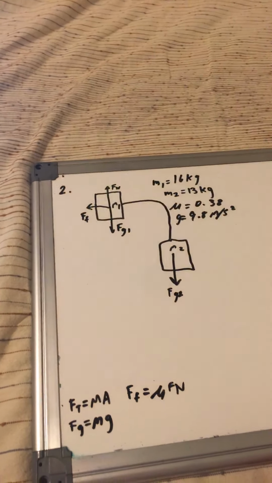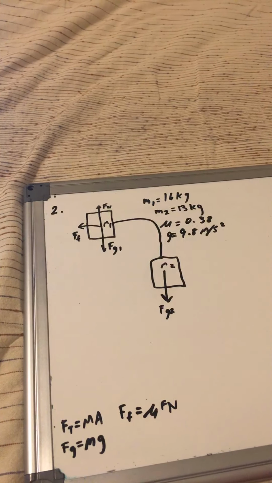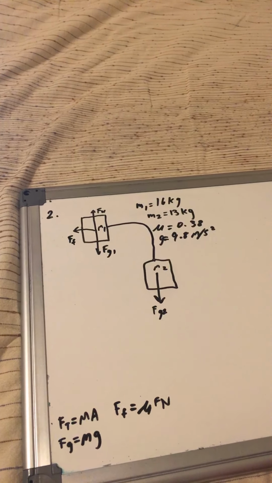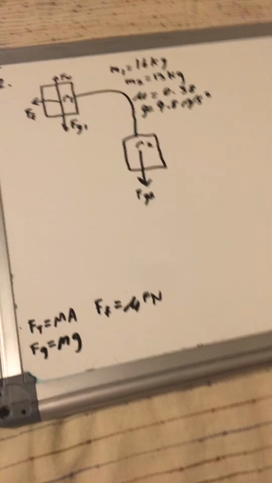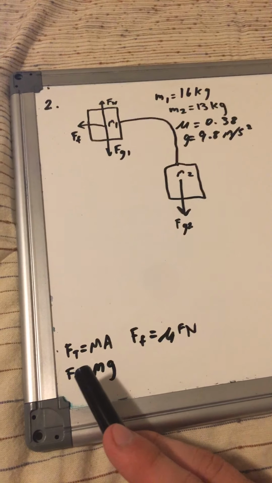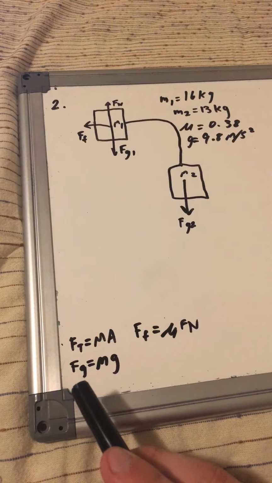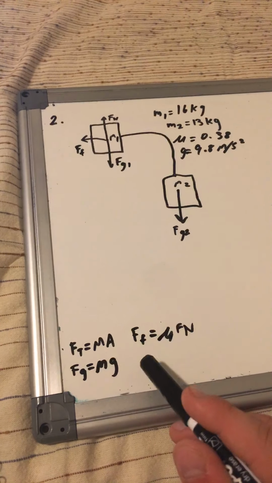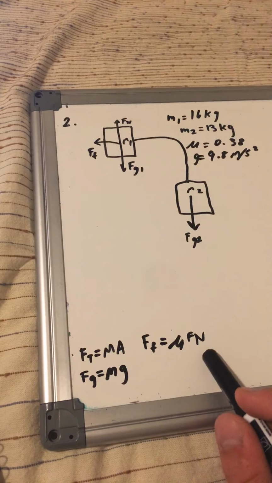Okay, so what you want to do, it's asking for you to find the acceleration of the two blocks if the coefficient of friction is 0.38. So these are some equations that you can use. Force of total equals mass times acceleration, force of gravity equals mass times gravity, force of friction equals mu times